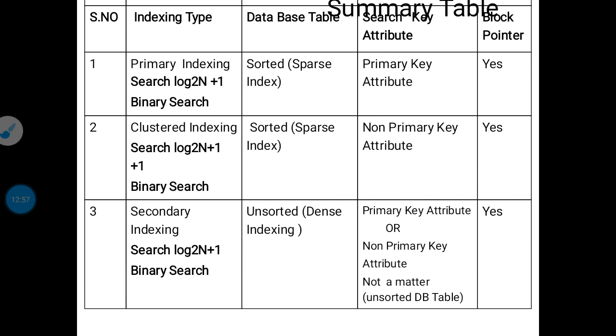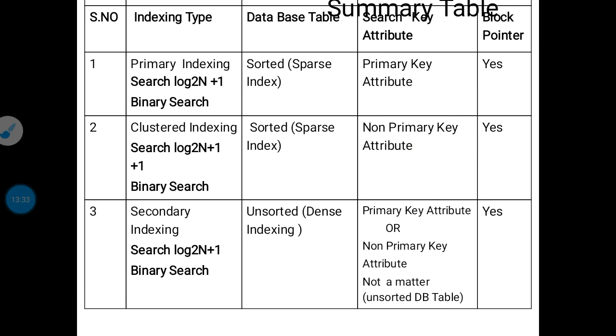In the case of the cluster index, the table is sorted and categorized under sparse index, non-primary attributes are used, and the index table has the block pointer also. In secondary indexing, the database table is unsorted and categorized under dense indexing, meaning all the tuple values will be present in the index table, and you are free to choose primary key attributes or non-primary key attributes, it does not matter.